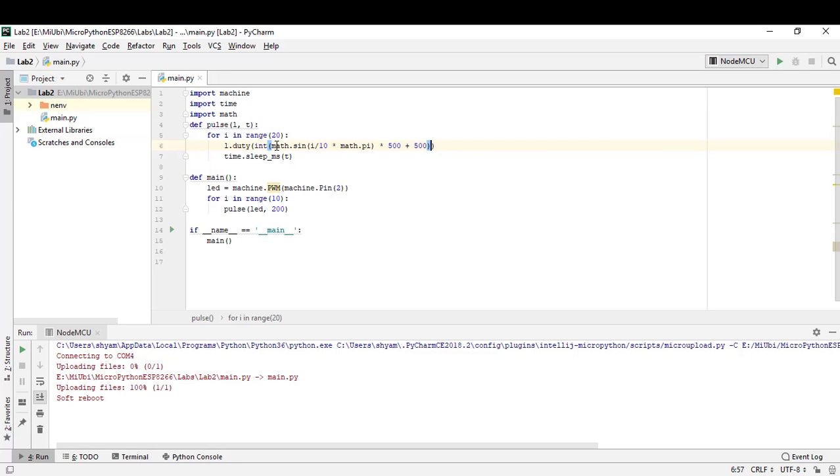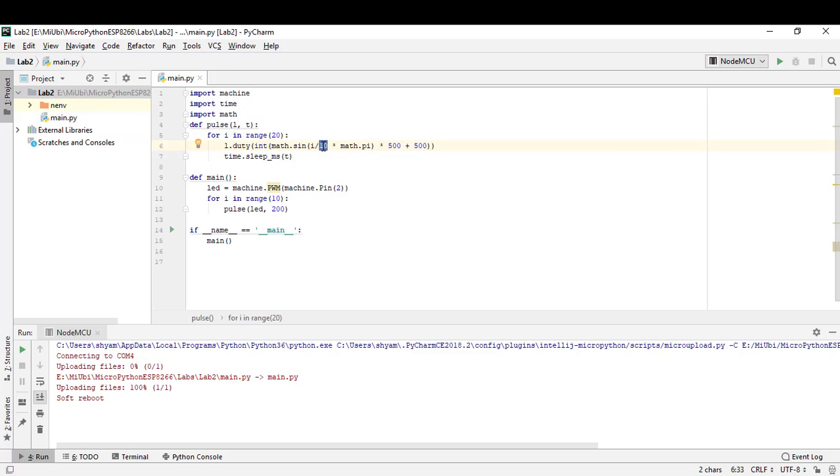I just use the math sine function from the math module, and this sine of i by 10 tells me how many steps I'm trying to take. So when it's 20 by 10, I can start from 0 to 20. So your resolution will be 20 steps, so the brightness control will be 20 steps.